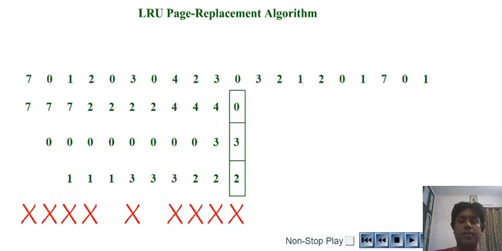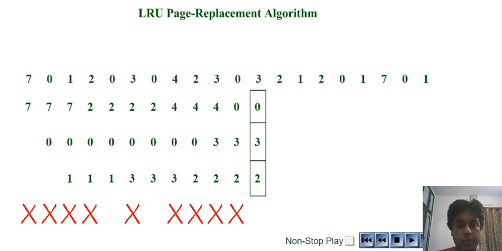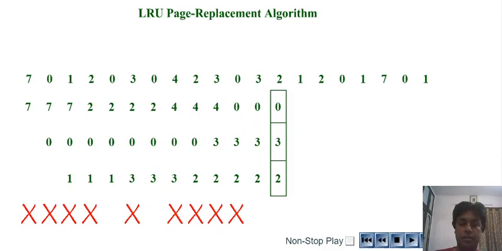Okay. Now we want to swap in 3, but as you see, 3 is already there in one of the frames of my memory. So it's a clear indication of a page hit. So next is going to be a page hit with no swap in and swap out. Okay. After this, next is 2. 2 is again found in one of the frames of my memory. So it is again a clear indication of a page hit.